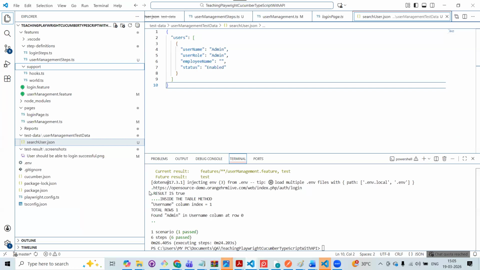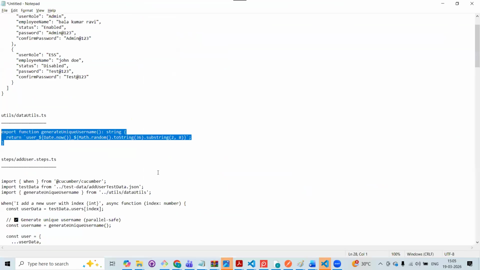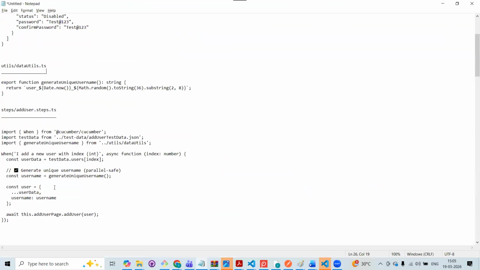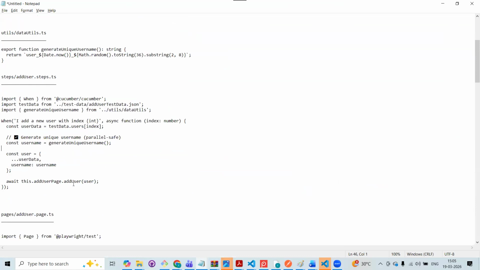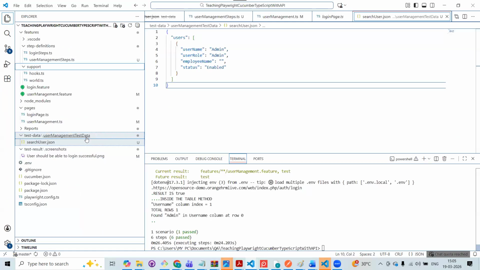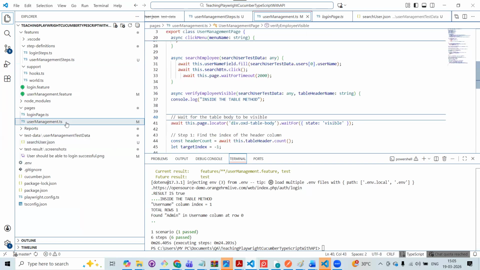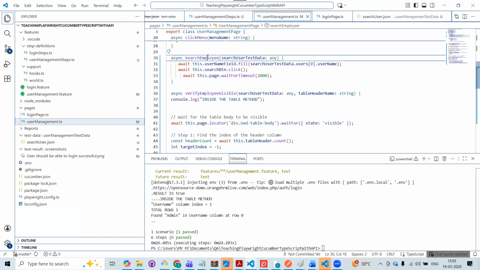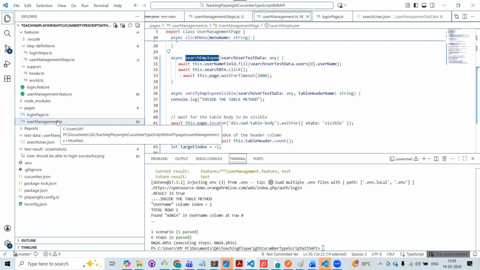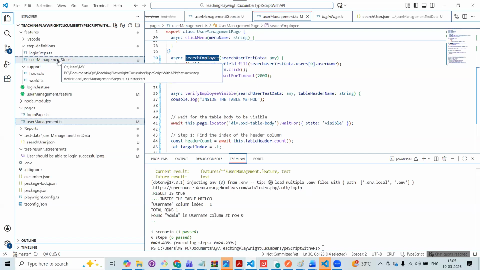Where will you import? Will you import it inside the step definition or pages? You can do it either way. It's not a problem. Better you do it in step definition. And then you have to call that method. What is that? Add user. Like we have search user here, correct? Inside the pages. See, all the user related things should go as part of only one page. Search is one of the functionality. Add is also another functionality. Don't create one more page. Don't create one more step definition. It's part of user management only, right?